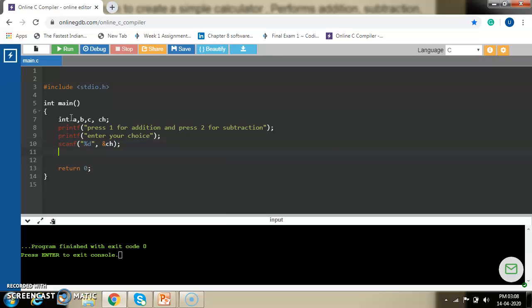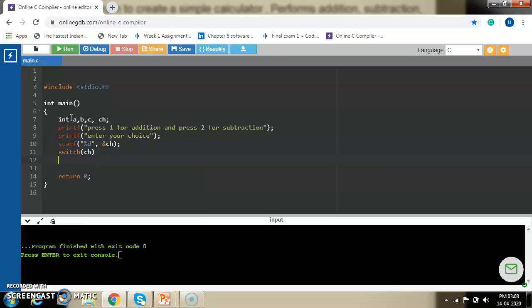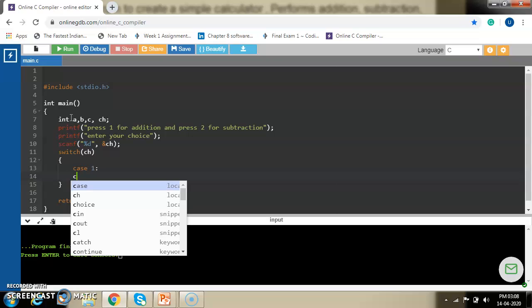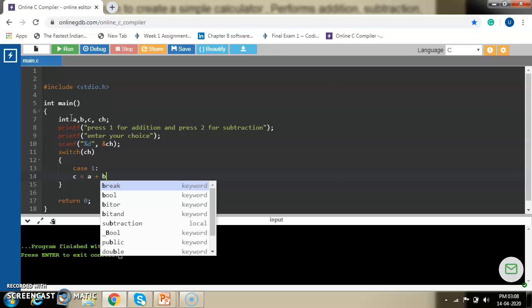Now based on the choice we have to take decisions, so we write switch over here on the basis of ch. And what values does ch have? Ch has two values. Either it could be 1 or 2. So I'll write case 1. Then what should I do? I write c is equal to a plus b.